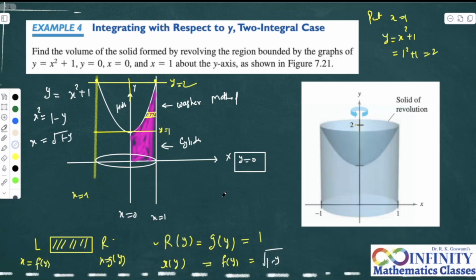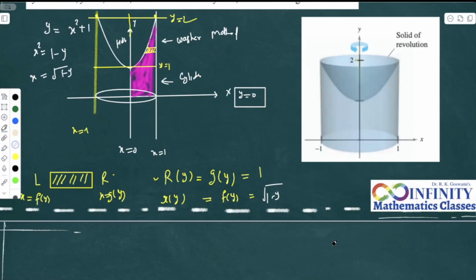So the volume is going to be, now let me just go to the next page. The volume from 1 to 2, actually from 1 to 2, it is going to be the integral of pi times capital R squared minus small r squared dy,